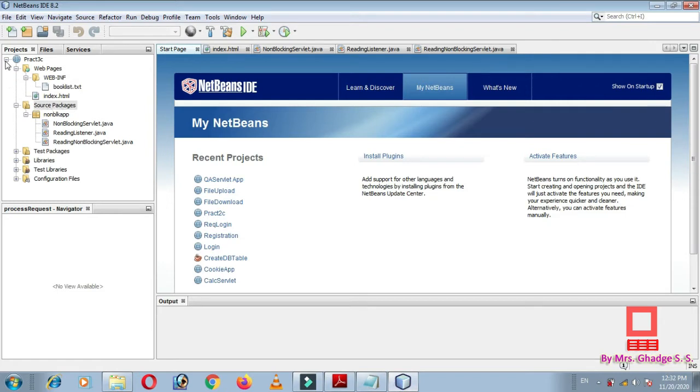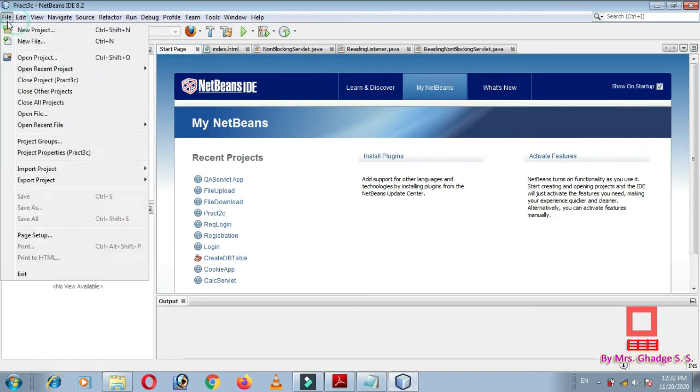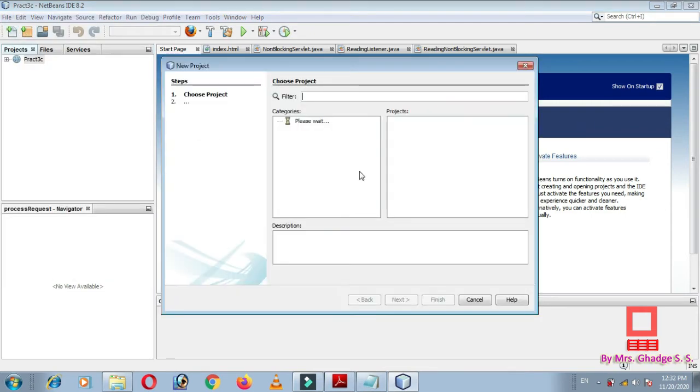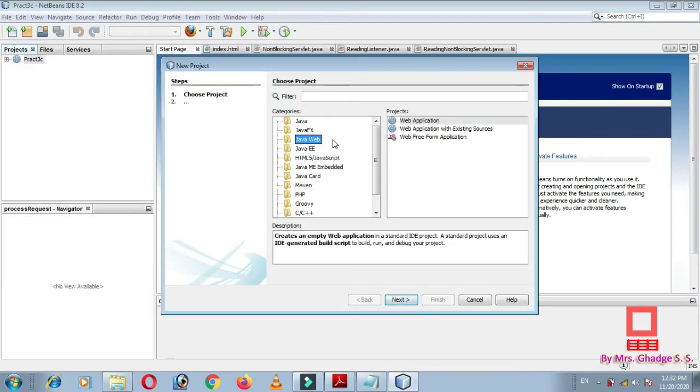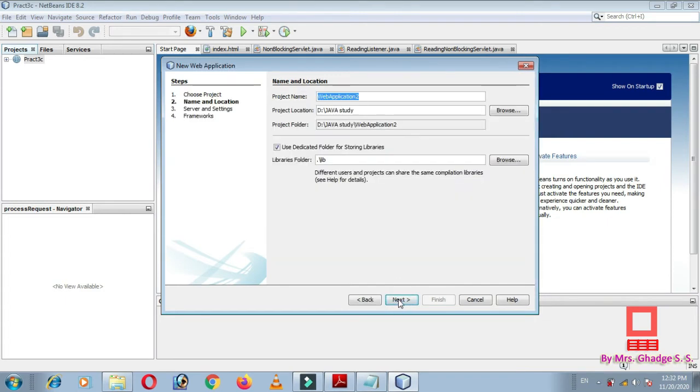For that we just need to create a new project. Click on the File option, then New Project. Here we need to create a web application, so here it is Java Web Application. Click on the Next button. Suppose we have written the project name as Practical4A. The project location is here, D:/Java study.